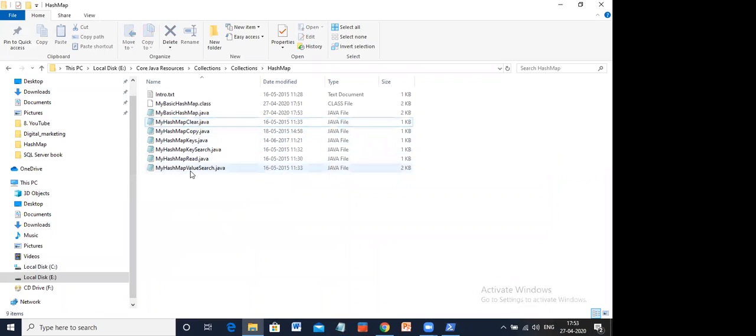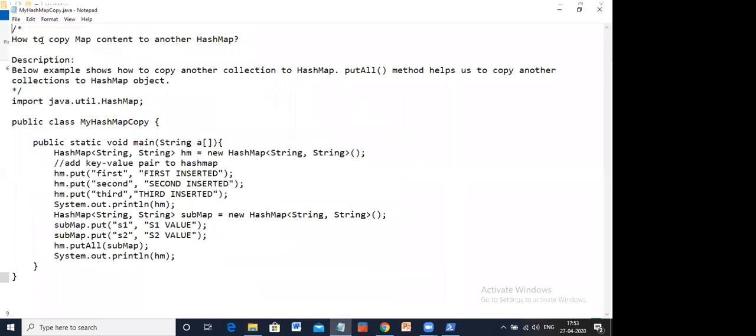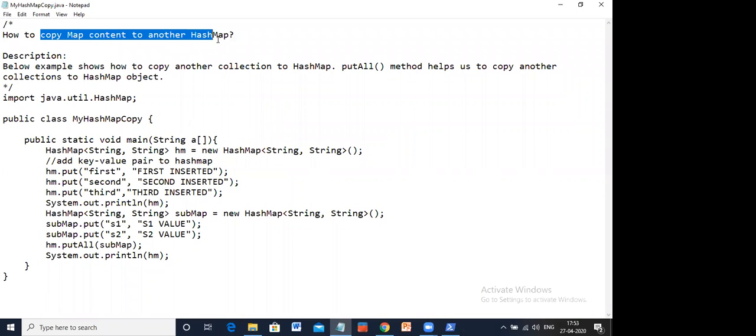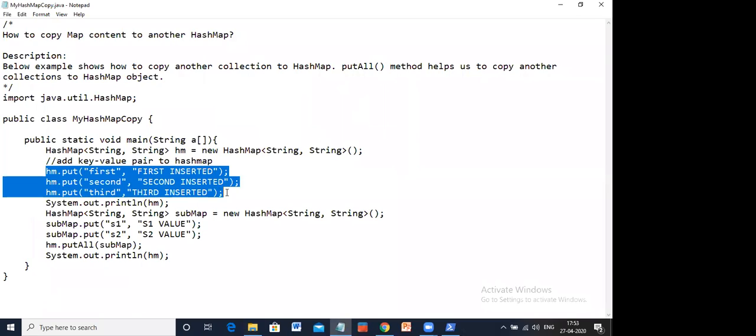For example, how to copy a map's content to another hash map. Like you have two hash maps and you need to copy the elements of one hash map to another. Here you can see there is one hash map which consists of this data, first, second, third.